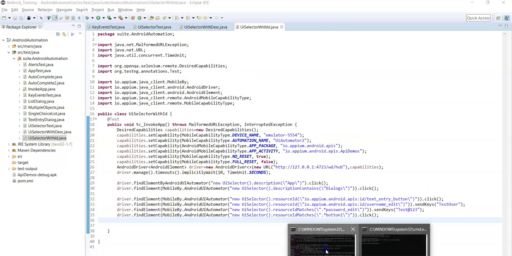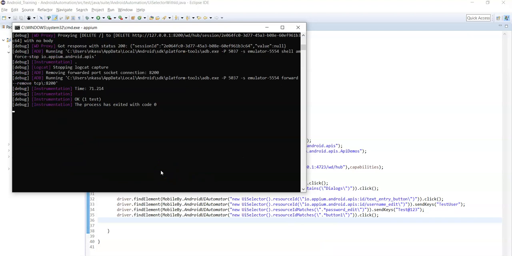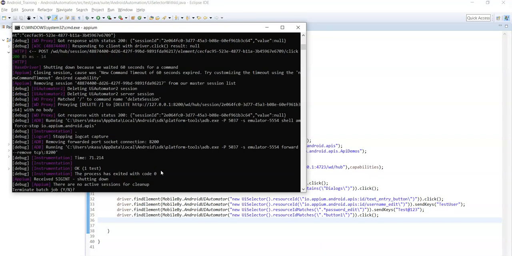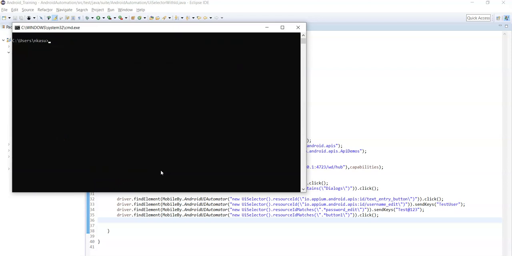Now let's start the server again, as the previous connection was closed. Press Ctrl+C to disconnect the connection. Now you need to start the server again. Okay, Appium server is started.